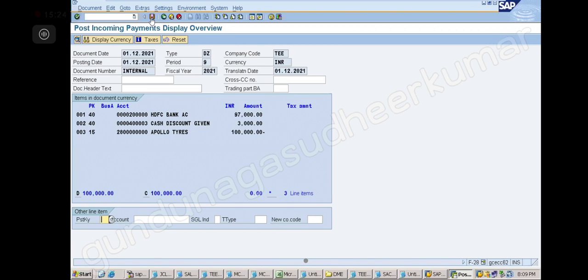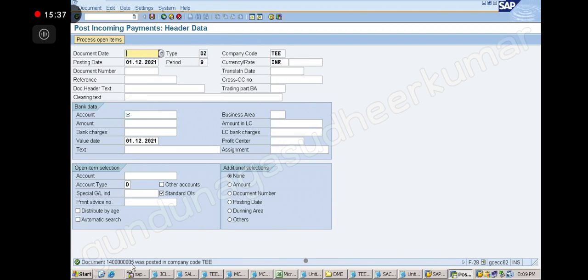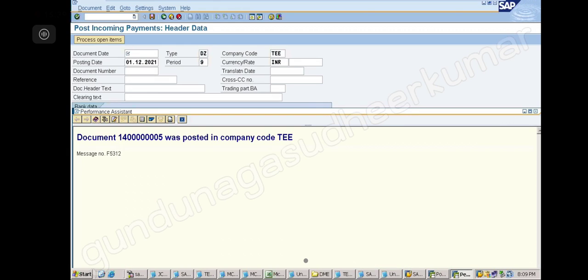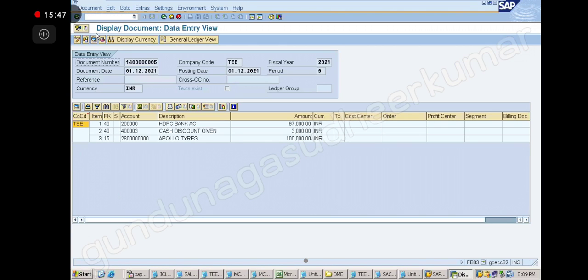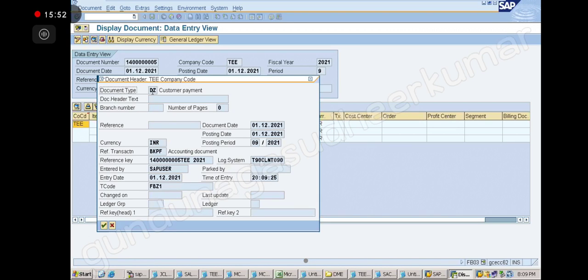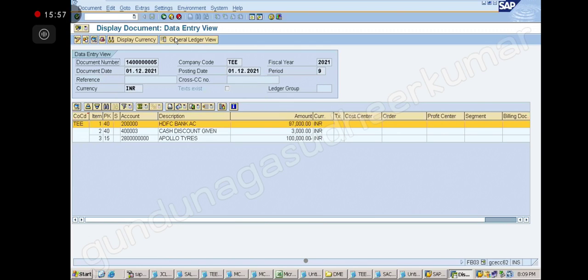Next, that is the save option. I'm going to save, right? So what document type will I get for this? DZ document, right? DZ document 14 series, correct? So document display. Okay, document display header. If you go, you can see DZ document, correct? DZ document. Okay, now go like this. Okay, this is over now.